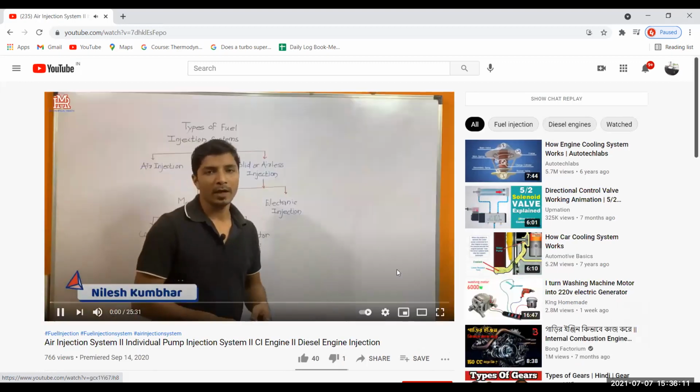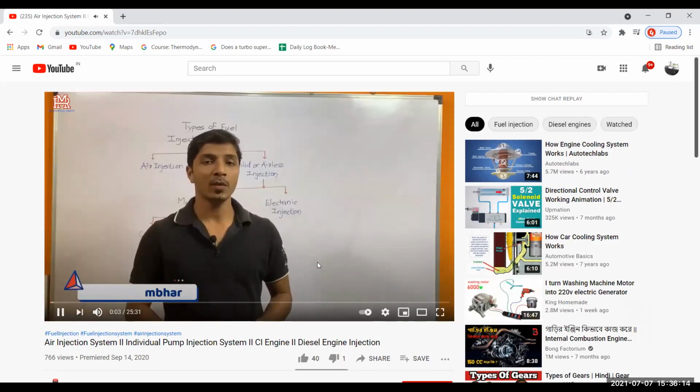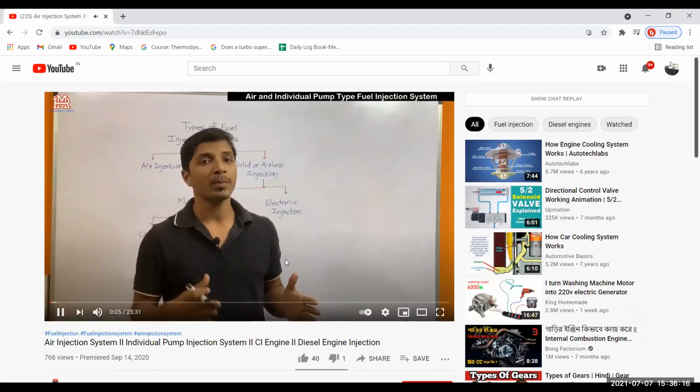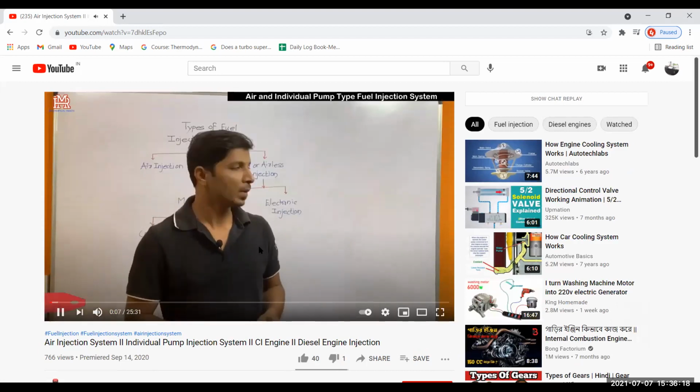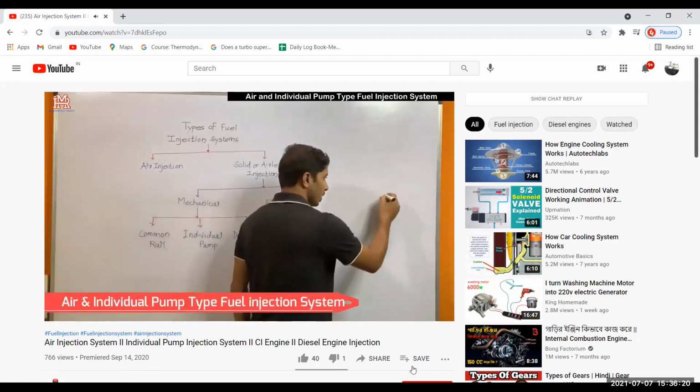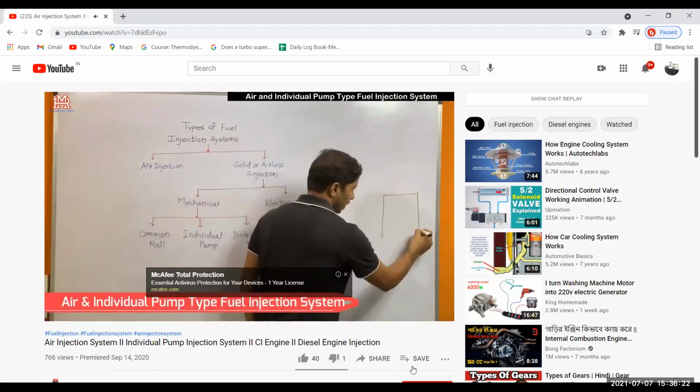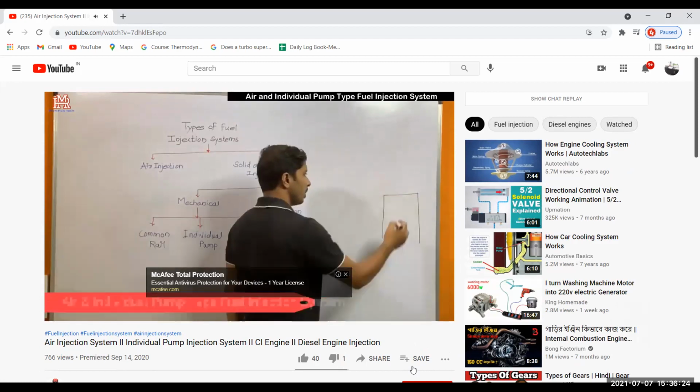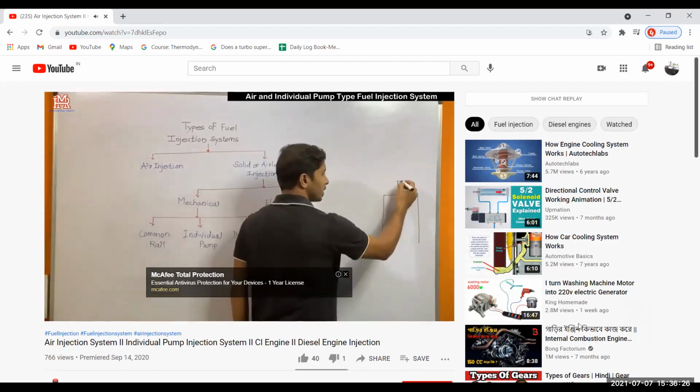Hi everyone, welcome back. In today's lecture we'll be discussing the air injection system and the individual pump type fuel injection system. I already discussed that if this is an engine cylinder, then basically in most of the designs